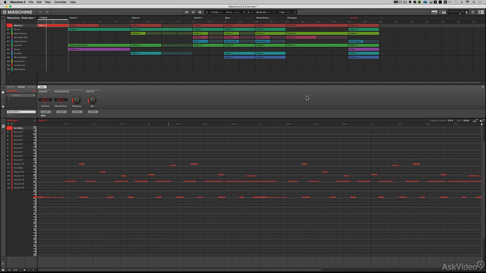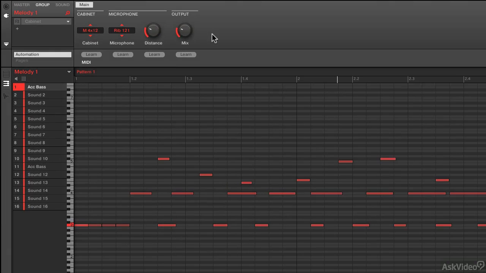Maschine 2.3 has introduced a brand new effect to the Maschine family, and that is the cabinet effect. If you're a guitar player, you can imagine this is pretty straightforward. It is a cabinet that is mic'd by a specific type of microphone. So now you can run virtual instruments, loops, drum groups, live audio, whatever you want through the cabinet effect to